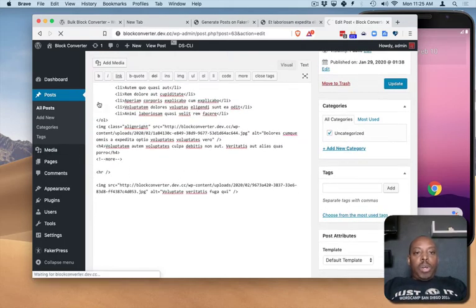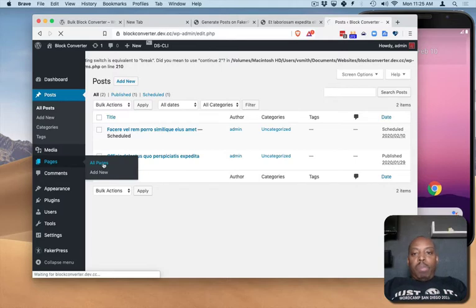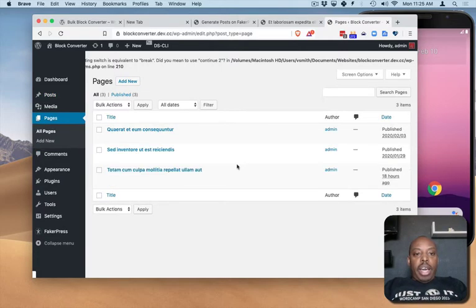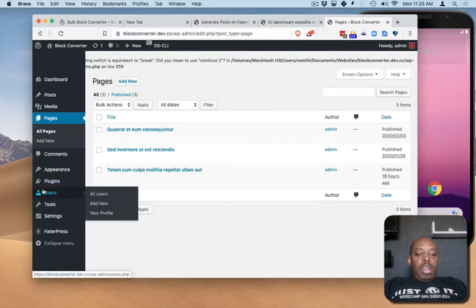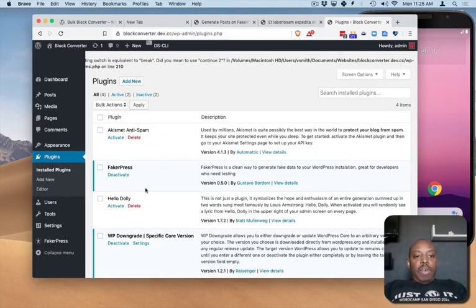If we go to all posts, then we have a few posts, actually 2 posts here. One scheduled, one regular. And if we go to all pages, then what do we have here? Let's see, how many pages do we have? 3 pages. All right, great. Okay, we're good. Okay, so now let's go to plugins, the installed plugins, and we're going to